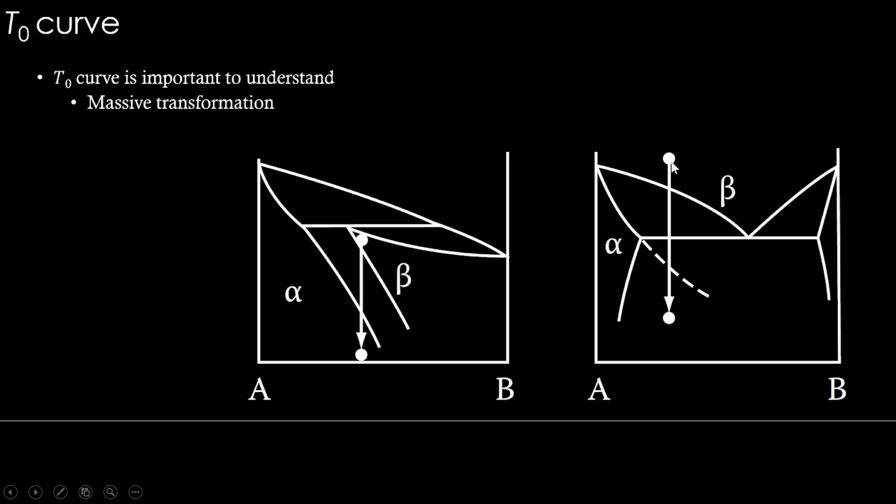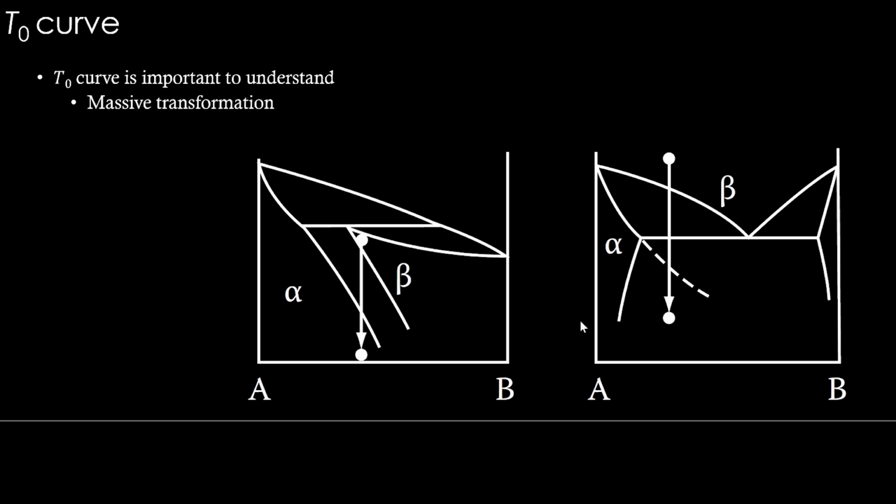And here, if you see this beta, the high temperature is beta phase, and that can become alpha completely, meaning the entire beta transforms to alpha without changing the composition because of the partitionless nature of the transformation. It's some kind of fast cooling, so it cannot become equilibrium phases. So this is a non-equilibrium massive transformation, because beta is becoming alpha instead of two phases. This is a non-equilibrium partitionless transformation. We are not using the word partitionless solidification because it's not the liquid where we start from. We start from another solid state, beta. Therefore, this is a partitionless transformation or massive transformation.